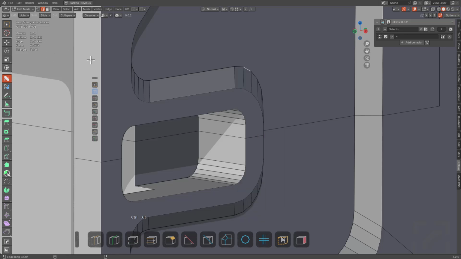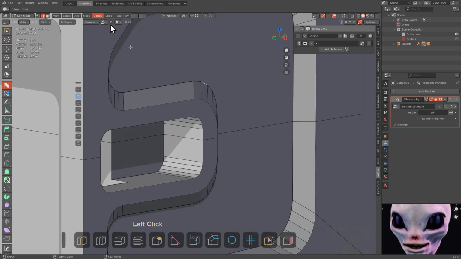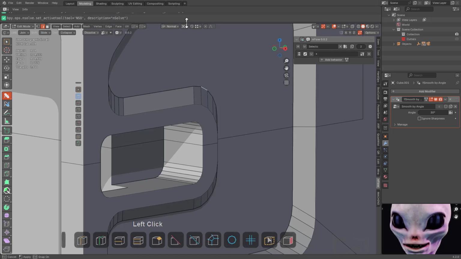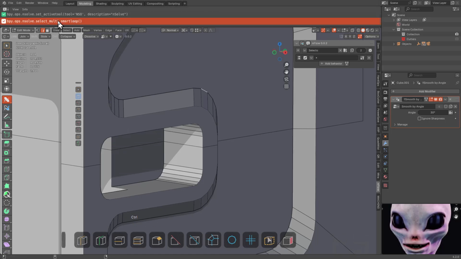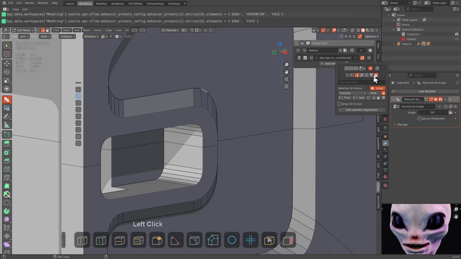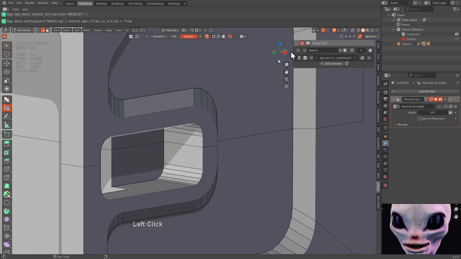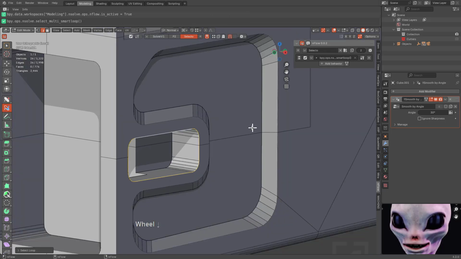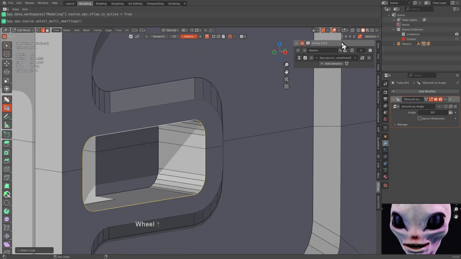Let's see, Control Shift Enter, and that's not going to work because we were full screen in a different way. We want to get that smart loop, and we'll map that to simply edge, and we want that to be additive behavior, so that whenever we go in and select a loop, we are ready to go. And then if we need to perform an offset, let's make that a control operation.